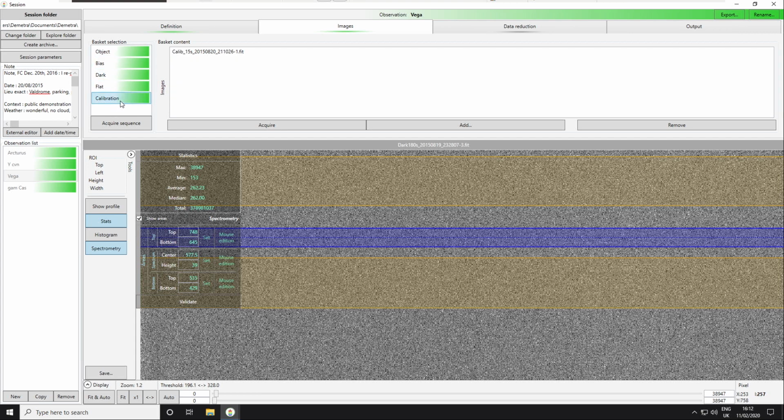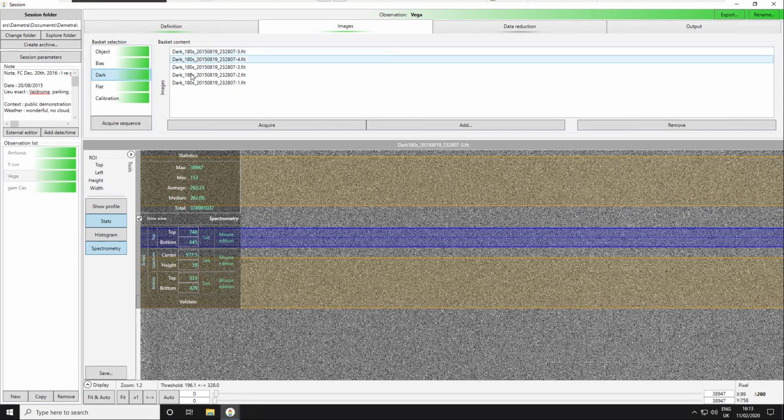And the other thing to check is the calibration. In this case, the calibration image is the longest exposure. So the maximum exposure is 15 seconds. In this case, you must make sure that your dark image will be at least 15 seconds. Here it is 180 seconds, which is much longer than 15 seconds. This is just because during the same night, we did some observations with other targets, which were much fainter than the Vega star. So this is a 180 seconds exposure, a long image.